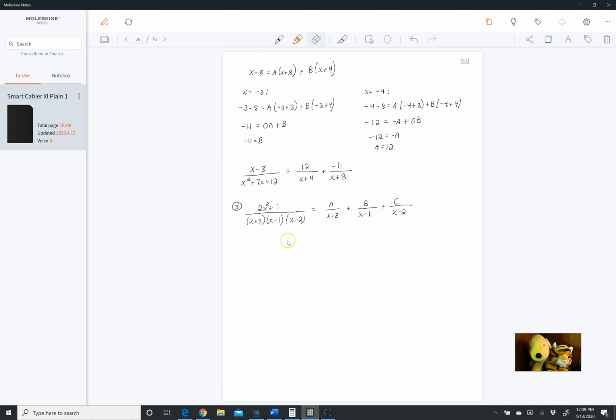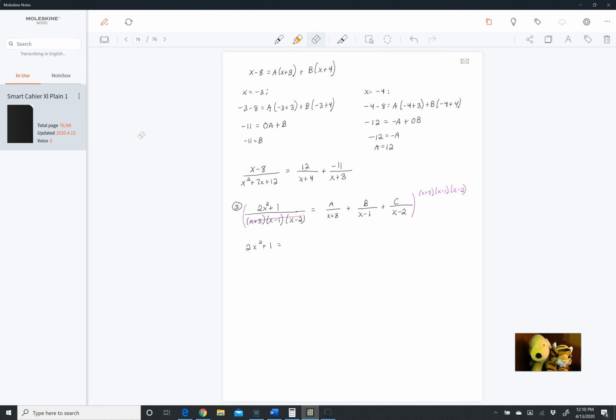So now we multiply everything by the denominator on the left. And I'm going to write it like this, because it doesn't really matter. X plus 3, x minus 1, x minus 2. That means that this is going to cancel. That's the whole point. Okay, so here's the difference. This is going to give us 2x squared plus 1